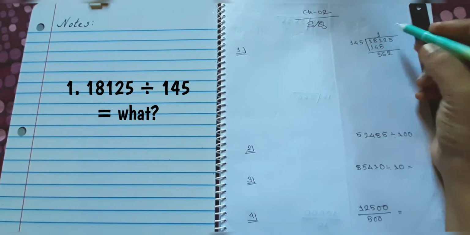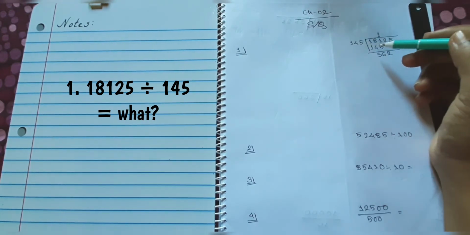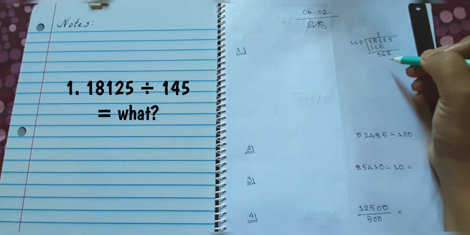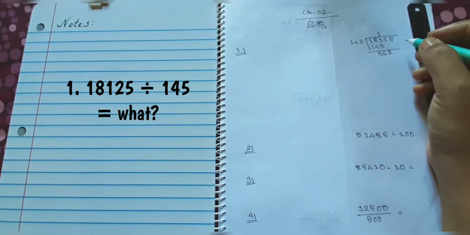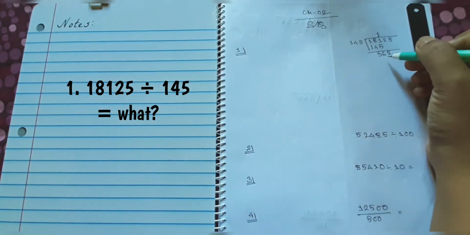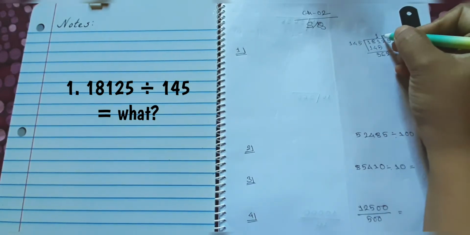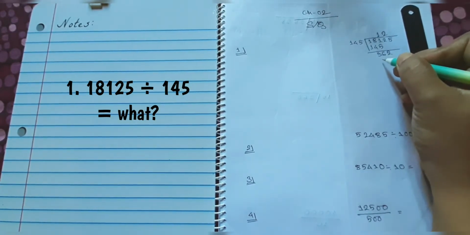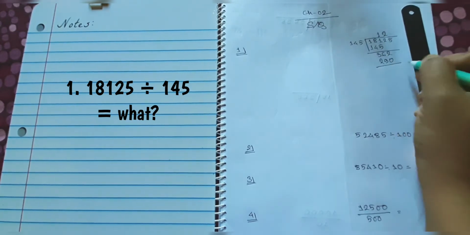And I already told you, if we take a double of 145, then it will become 290. So definitely it is kind of close to it. If we take 290 away, then it will be 62, and 10 more will become 72. So we cannot go for 3 times, we have to go for 2 times. So we are going to write down 290.